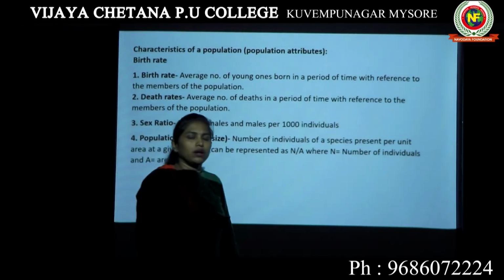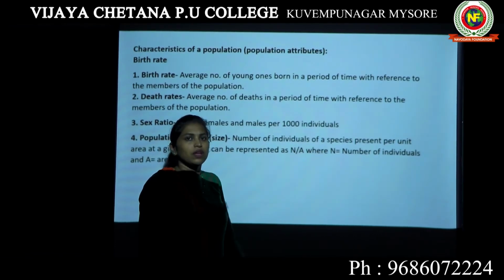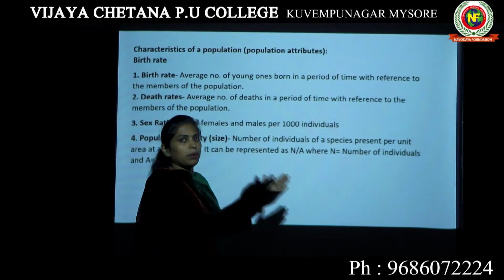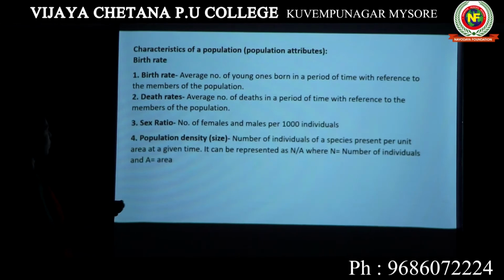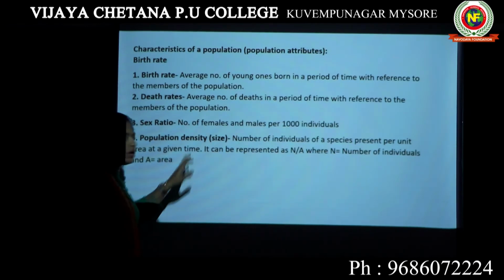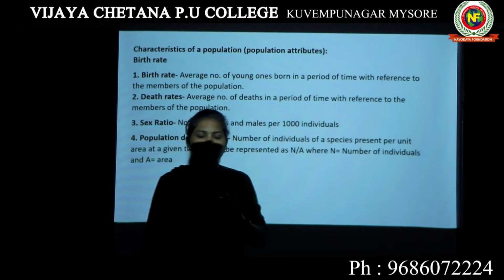I am sure you must be clear about this term known as population attributes, characteristics which are specific to a particular population. Now let's see what is a birth rate. Birth rate means the average number of young ones born in a period of time with reference to the members of the population. Okay, birth rate means, for example, now imagine